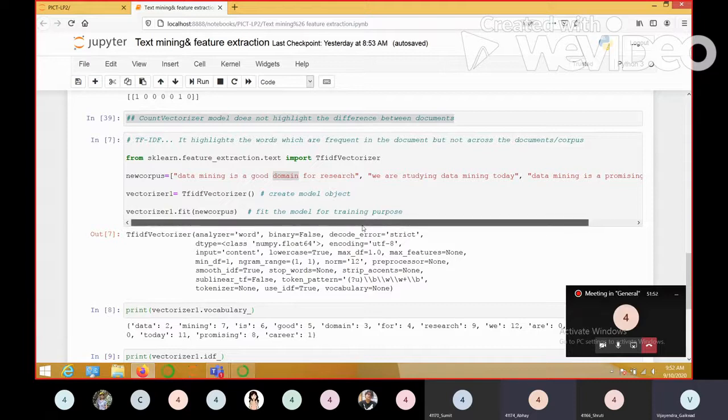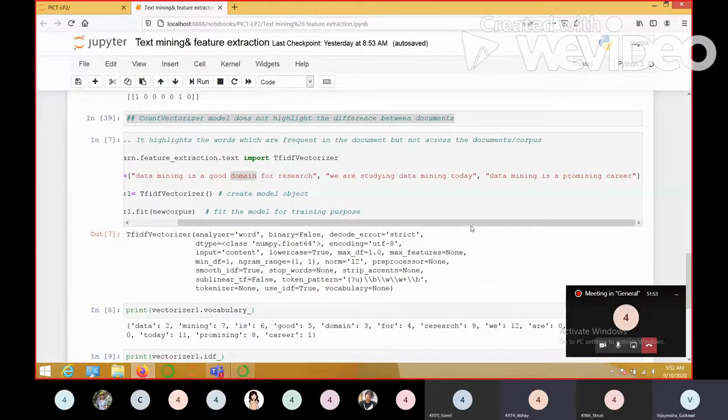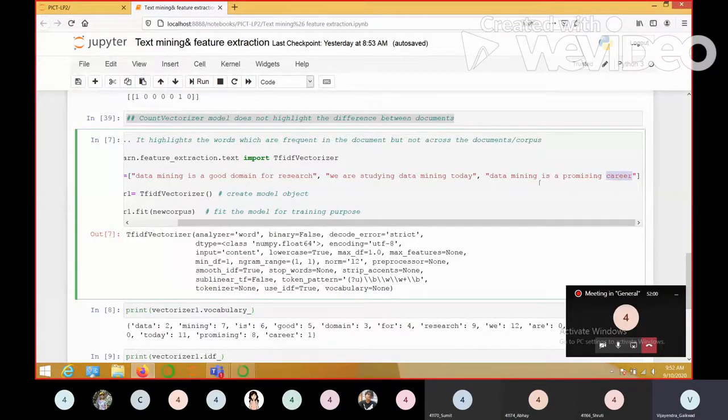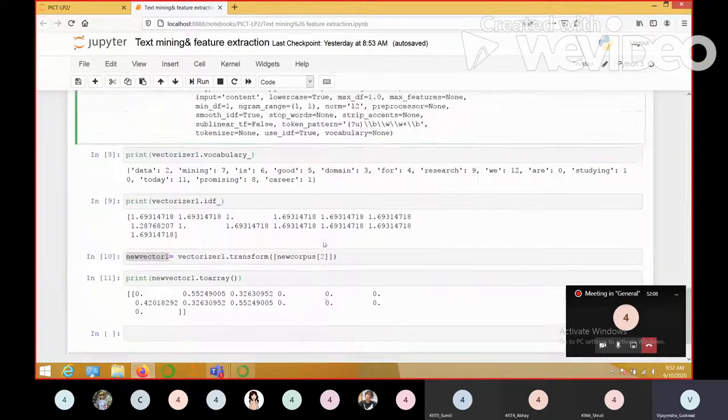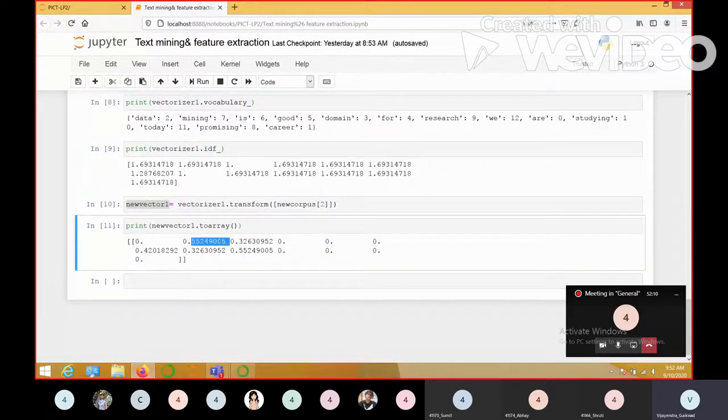So we'll check whether it is most significant or not. Is career appearing in the third document? Yes. Is career appearing in any of the other documents? No. That means career is appearing only in the third document, and that is why its significance is more. So it is a feature for us. As far as the third document is concerned, career is a feature for the third document.